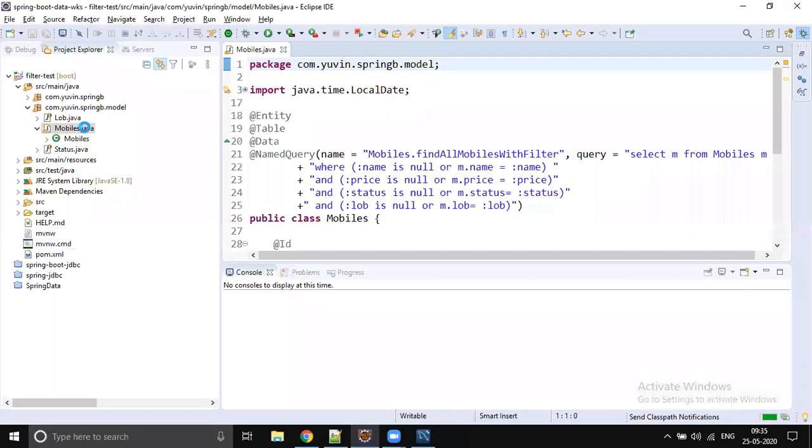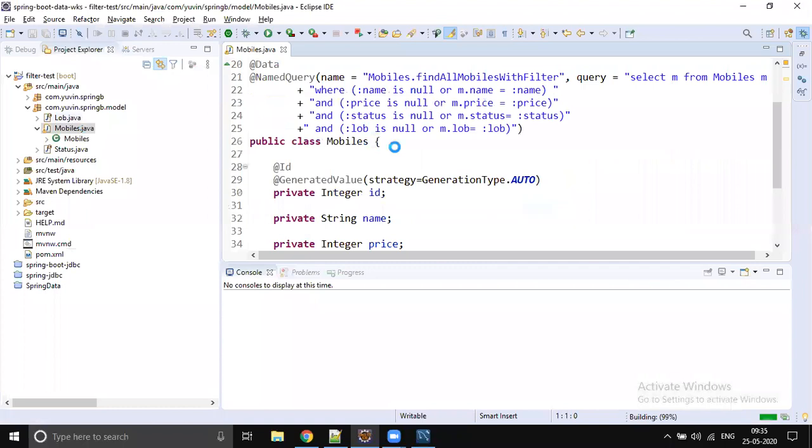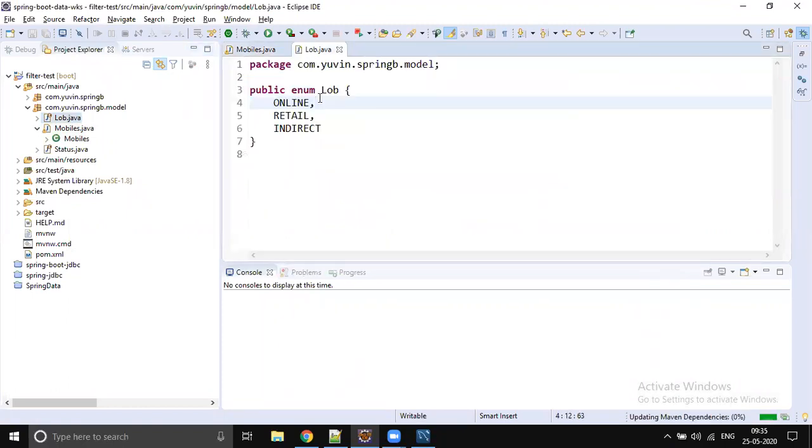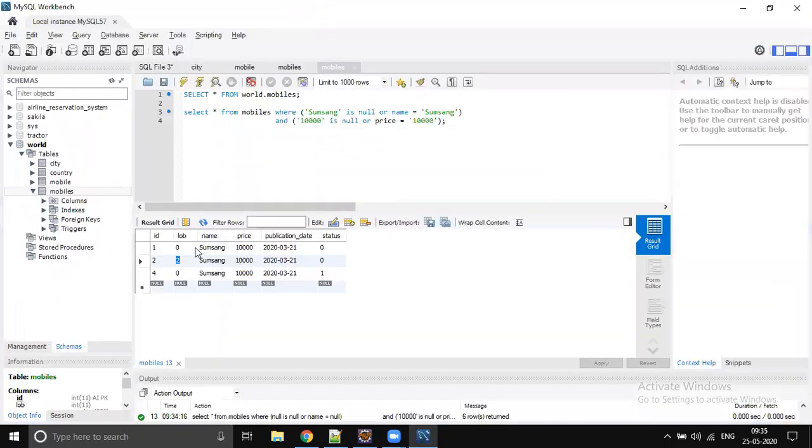Yeah, so here is the query which we wrote. So 0 means online. The enum is going to be populated like this: 0 means online, 1 means retail, 2 means indirect. So in the database, when you see 0, 1, 2, don't get confused. That is the equivalent enum value.